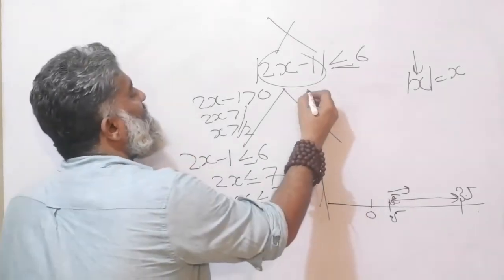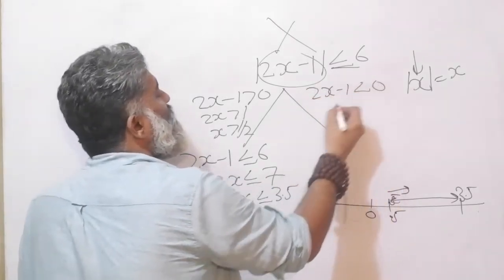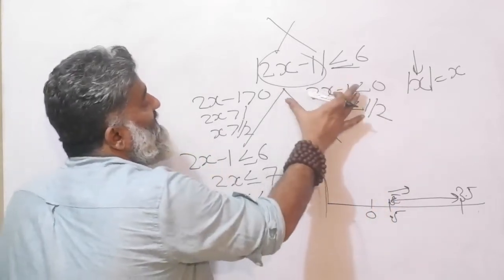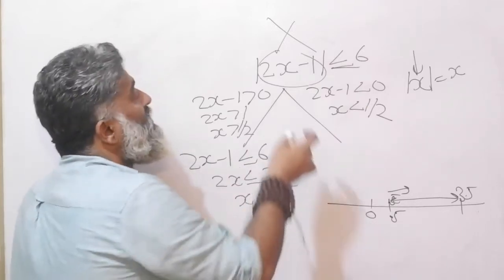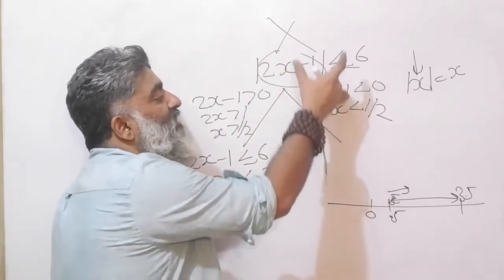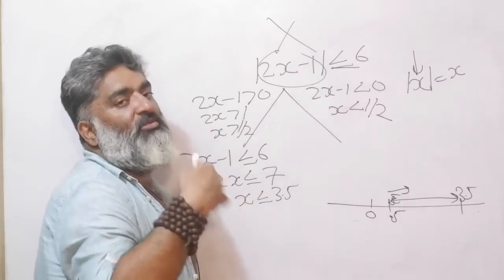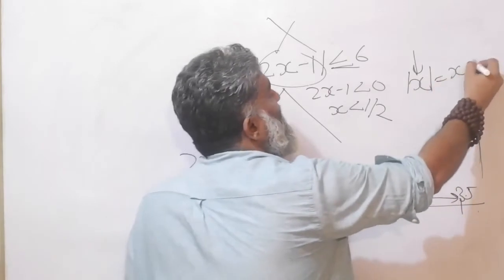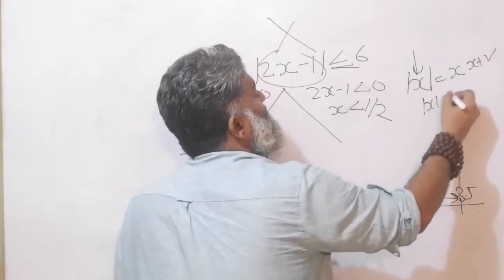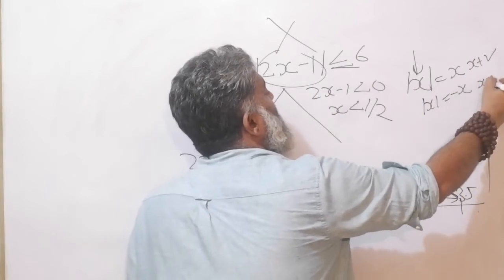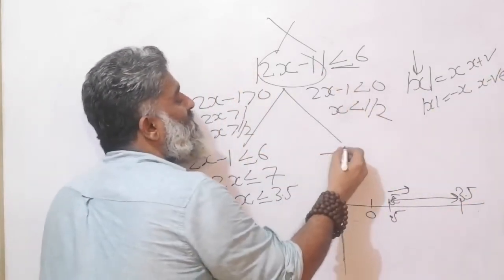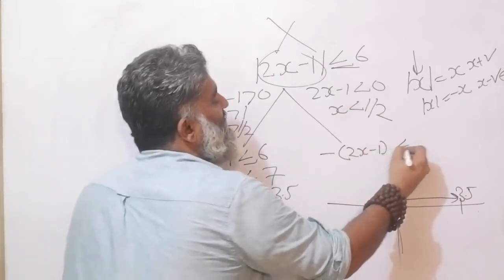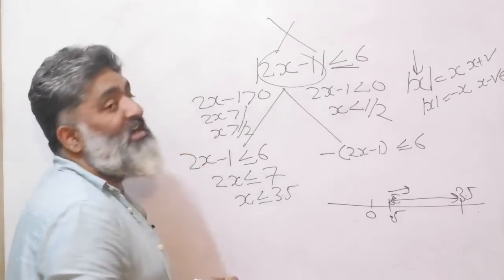Repeat the game. Same thing, 2x minus 1 less than 0. You already know this will turn out like this. X is less than half. Now you're assuming that big capital X to be less than 0 or negative. That means you have to throw a minus sign, right? Mod of x is x when x is positive. Mod of x is minus x when x is negative, right? That means I have to throw a minus in the equation, minus into the whole thing, and then I can carry the rest of the inequality exactly the way it was.